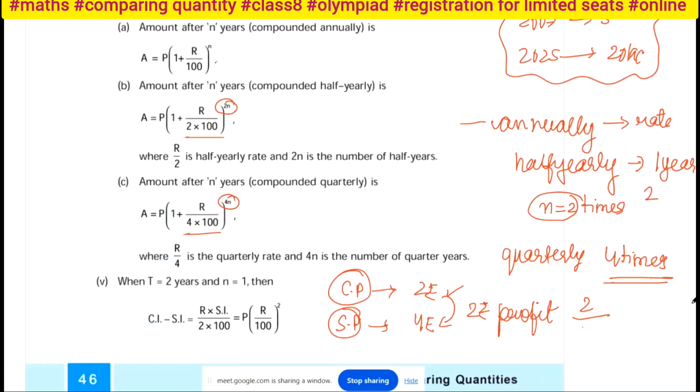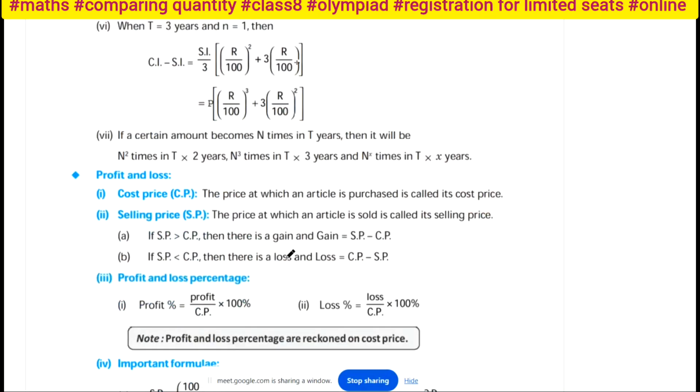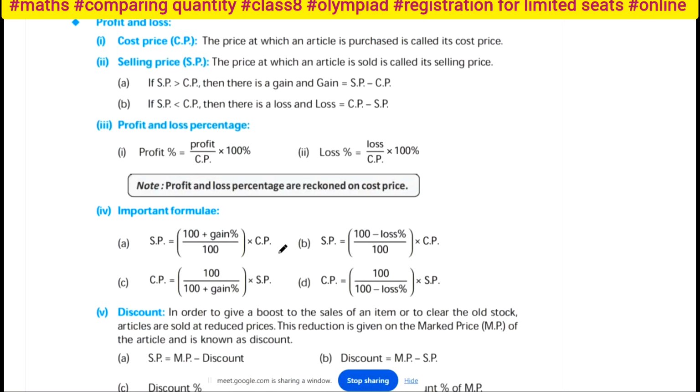Now see one thing more. They are saying cost price and selling price and all this formula, but when we discuss we will get more about that. But one thing more I want to discuss here is profit and loss. Just right now I purchased and my cost price was 2 rupees and my selling price was 4 rupees. So directly I am getting profit, right? Profit only.